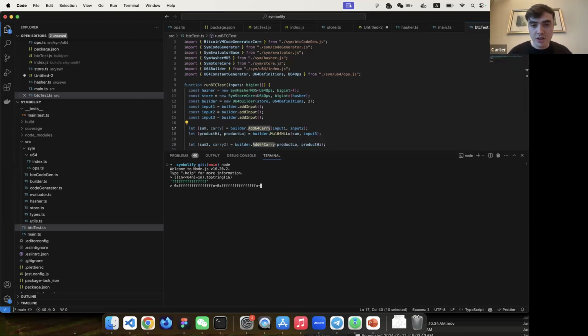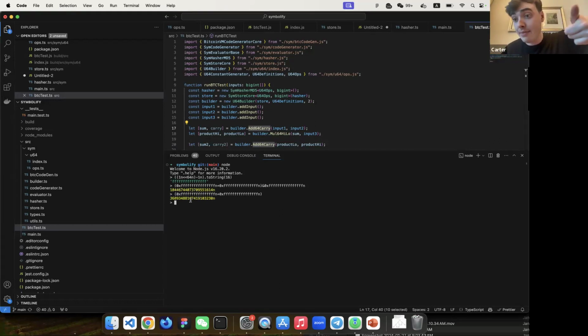So if we look at the addition result, and this number over here, we can see that we have the remainder here, which is going to have that upper bit flipped, whereas the lower bits are going to remain. So if we convert this to binary,